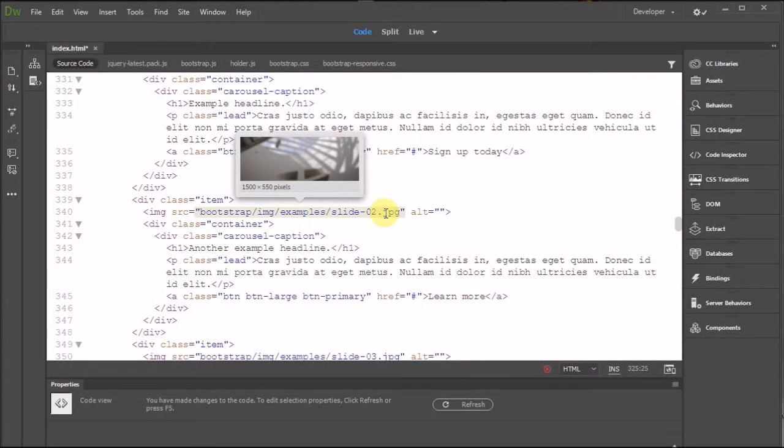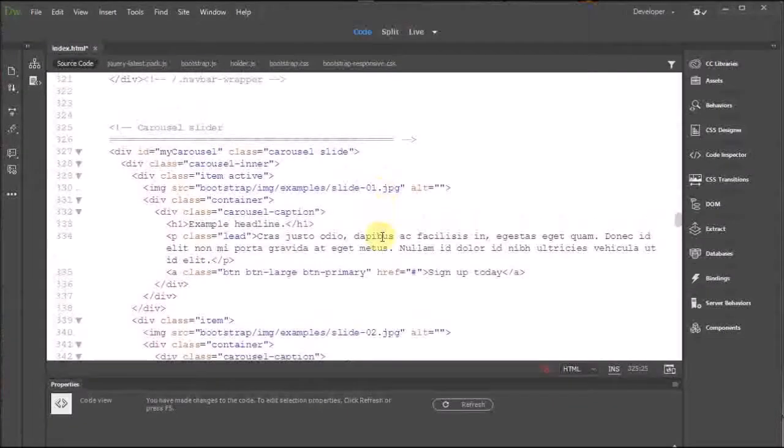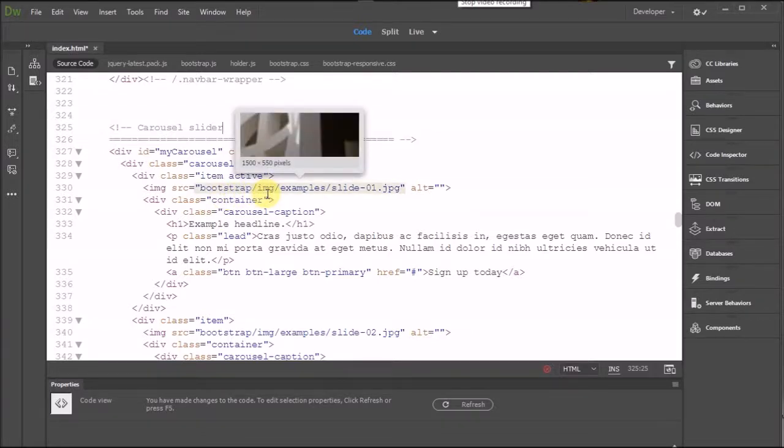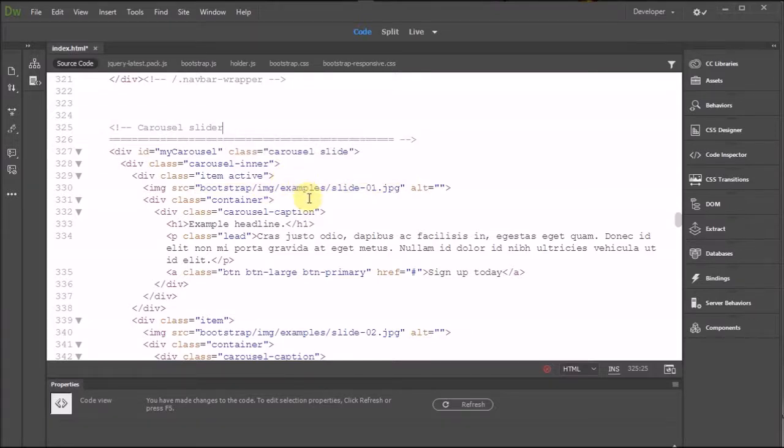So what is it asking me for? It's asking me for the name of the folder, and so on. If it's in another folder, and then it's in another folder, and then the file. So what we have to do is change this to what we have. Let's try that. I'm going to make this smaller,